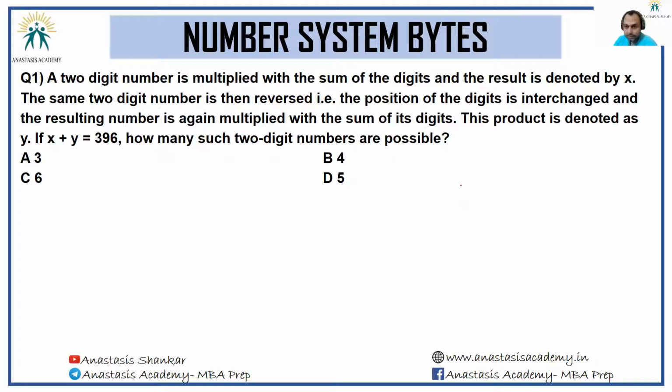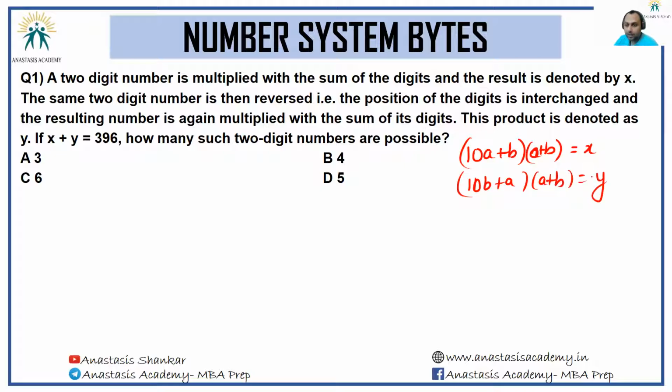Okay, let's look at it. First is the original number. Let the original number be 10a plus b. This is multiplied with the sum of the digits. Sorry, 10a plus b is multiplied by a plus b, and this is x. Then the digits are reversed, so we get 10b plus a into a plus b,